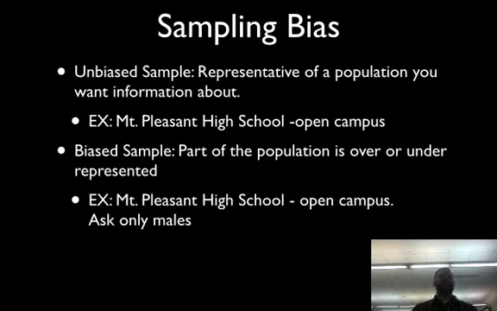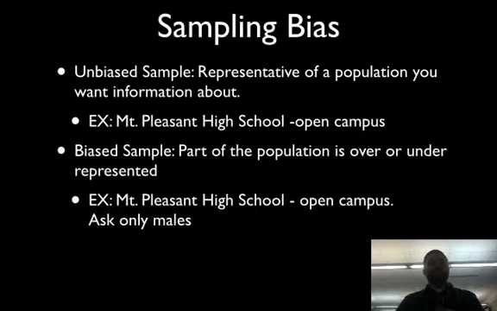Sampling bias. So let's talk about bias in sampling. We've already touched on it a little bit, where we talked about random and self-selected. And so an unbiased sample is representative of a population you want more information about. So for instance, let's say that we asked all the students in Mount Pleasant High School whether they wanted open campus or not. A random sample would probably be the best, but we would want an unbiased sample, which means we're not picking a particular group that might have some sort of